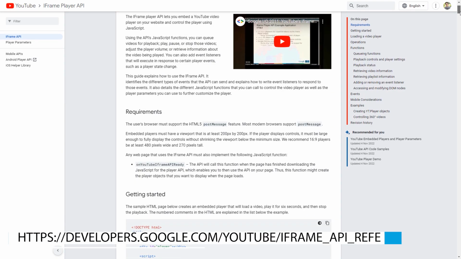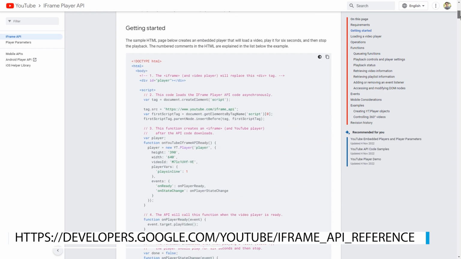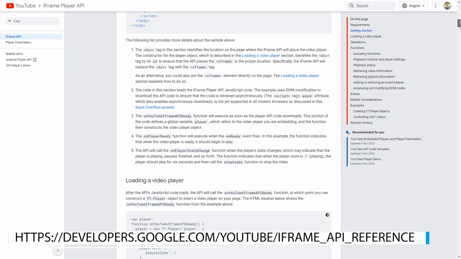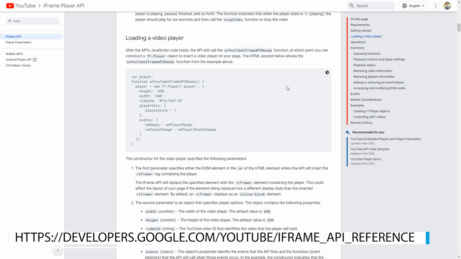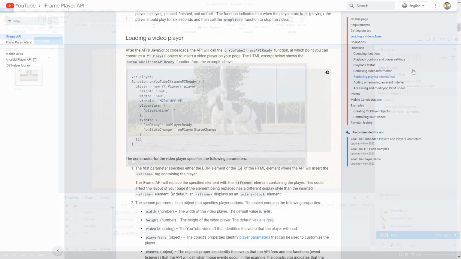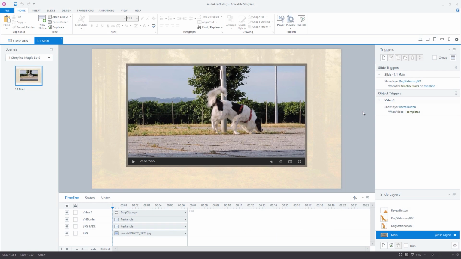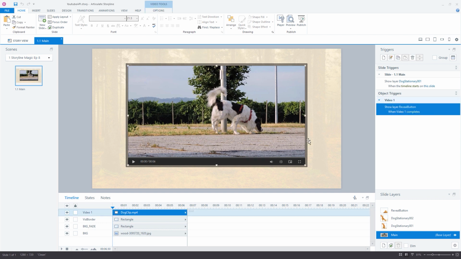The YouTube Player API comes to us courtesy of Google and is very well documented and free to use, so long as we abide by the Google Terms of Service. In Storyline, we may wish to use a streaming service like YouTube to host our video if we are perhaps dealing with a video heavy course, which means that we can have better control over our course size, the slide loading times, and a better overall user experience for those dealing with lower bandwidth.